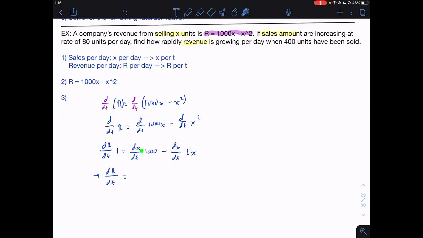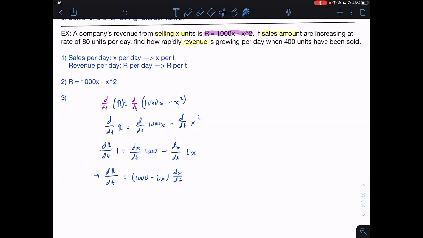These two have a common factor of dx over dt. While we're at it, let's take out that common differential of these two terms. So we're going to have 1000 minus 2x times dx over dt. Okay, but let's see if we're finished here. Again, we want to rewrite this. We want to take this equation and solve for the differential for the related rates